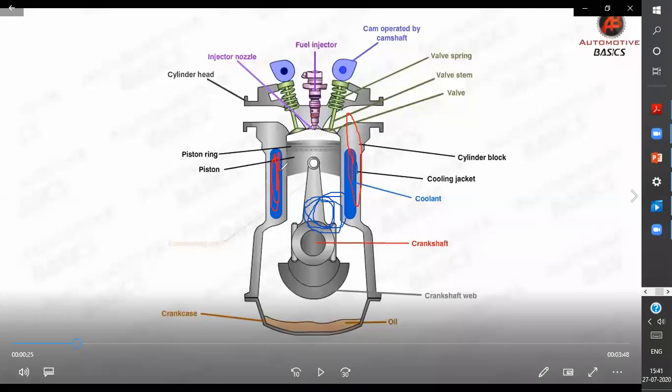Lubrication is what you do to reduce the friction between the piston and the moving parts. For that, you are putting oil inside the engine. That is different. But here the coolant, as it has water inside it, is not in direct connection with the combustion chamber. It is an indirect connection. There is a wall between. The coolant takes the heat, then it is cooled, and then again it is sent back to the cylinder. So this was just a small part. We'll study it in detail.